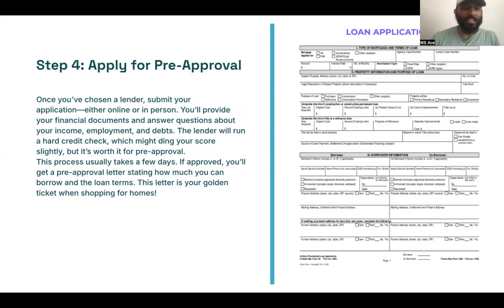So once you've found the lender that you want, you've reached out to 3, 4, 5 lenders, and they've told you what they offer, whether it be FHA, VA, conventional loan, whatever route you decide to go, and you like the terms and how the numbers look and sound. Now you'll choose a lender and submit your application, whether it be online or in person, depending on who you go with. You'll provide all your financial documents